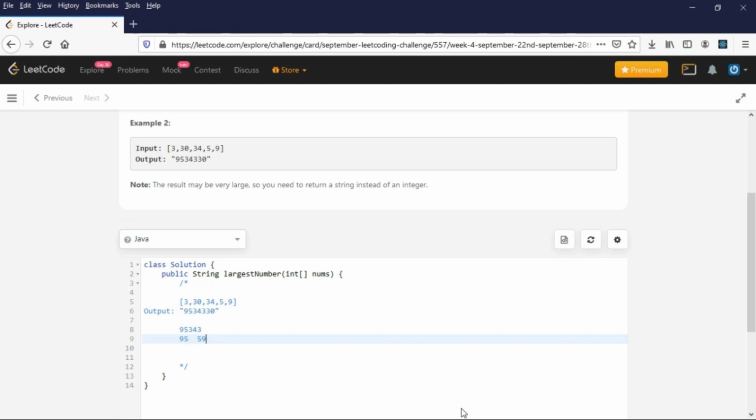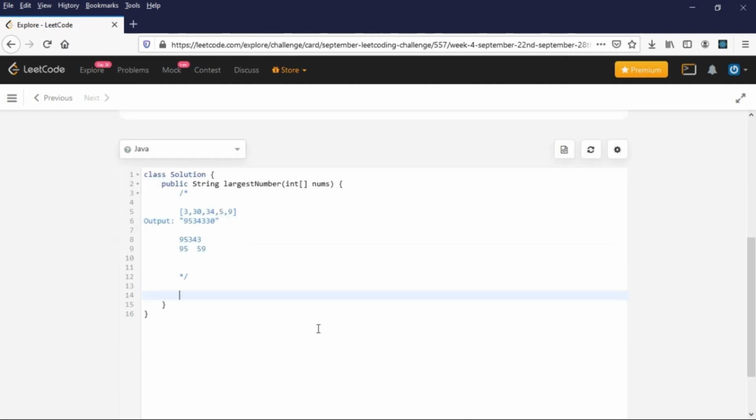So if you see where I am going, right, I am trying to compare each number. It's like I am trying to sort and I am using a comparator for that. So that same logic in the brute force we can use. So we can convert this nums into a string and then we can sort it using a comparator, and for the comparator we can just combine the two strings A and B, right? We can just combine as A plus B concatenated, and also B plus A concatenated. So those are the only two options that we have, right, and then we compare both of them and see which one is greater and use the greater one, right.